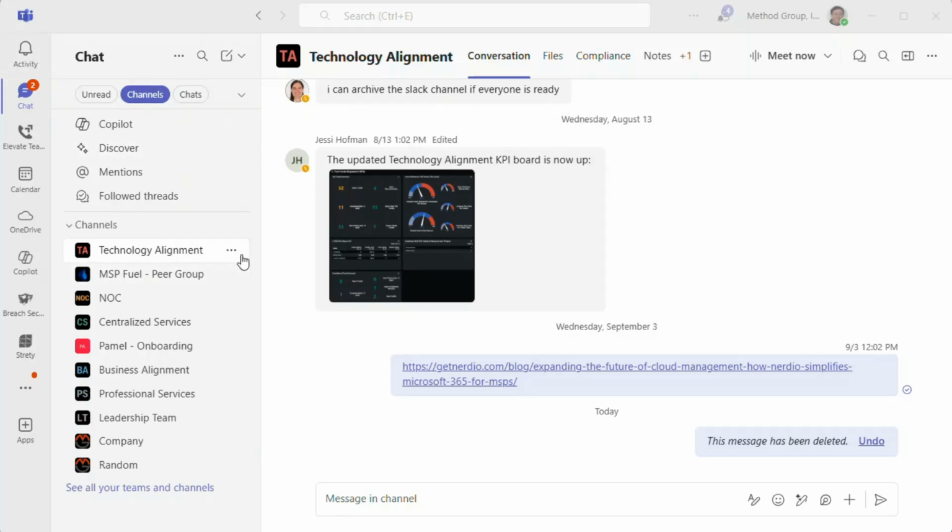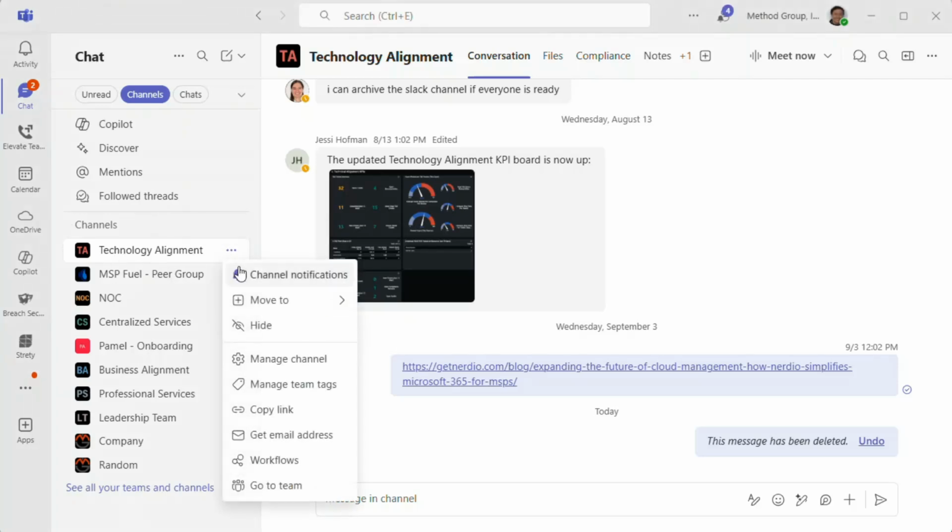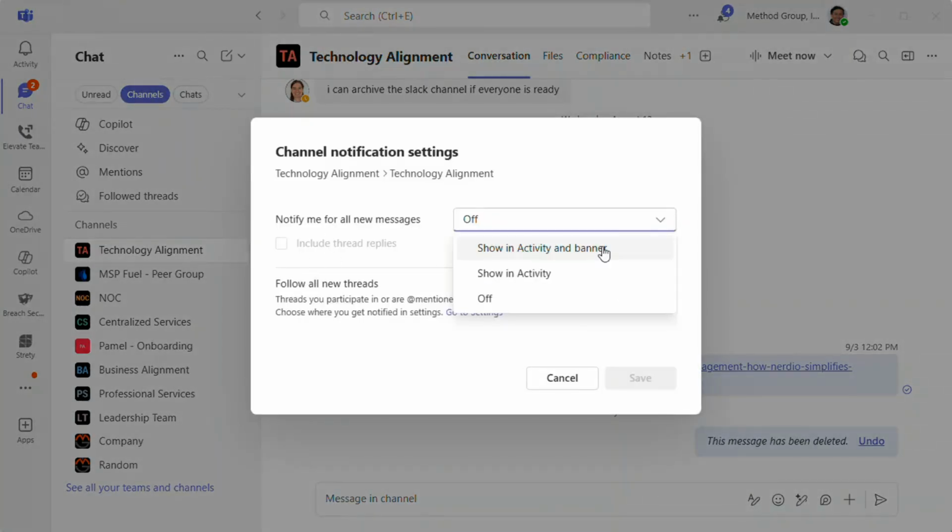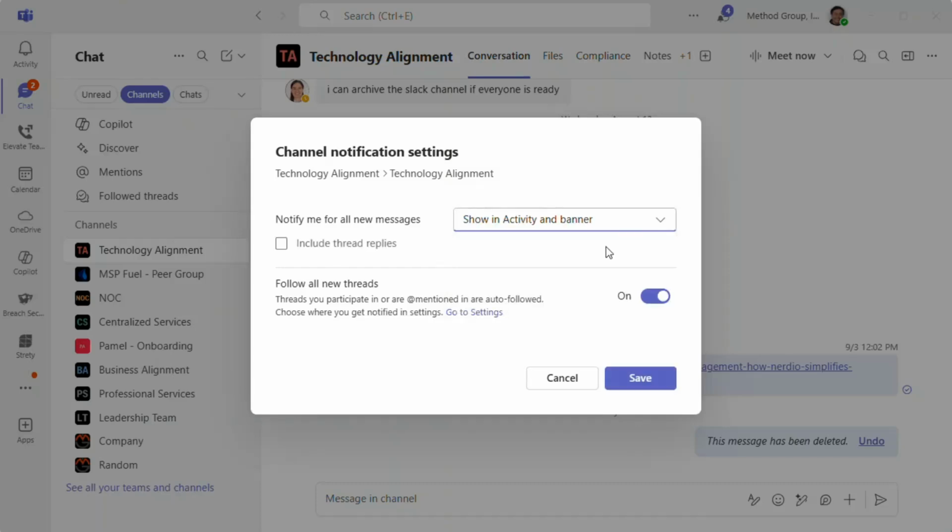In any channel, if you look next to the channel name, you'll see 3 dots, more options. The first option is channel notification. By default, this is set to off. If you want to stay updated on everything that happens in this channel, change it to all activity and turn